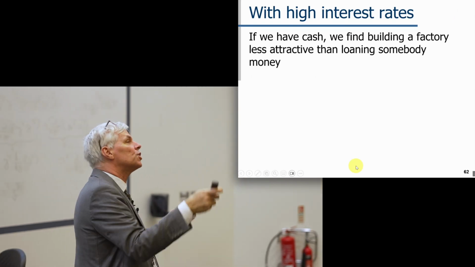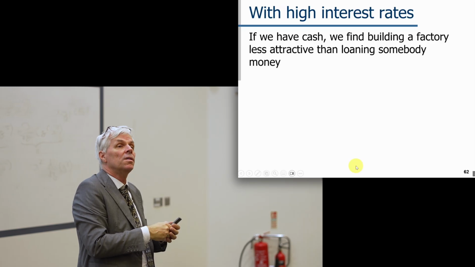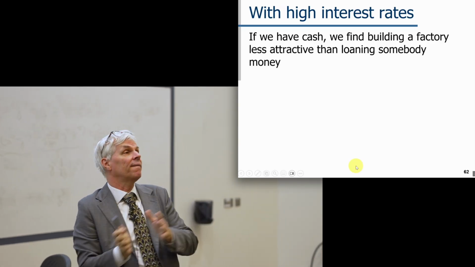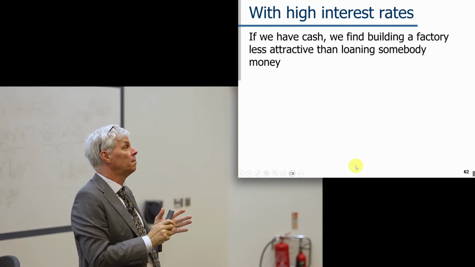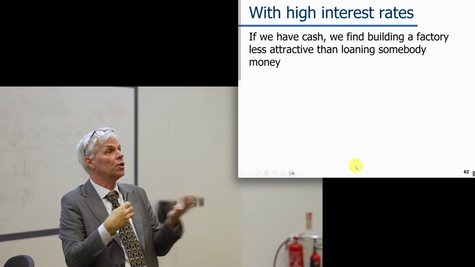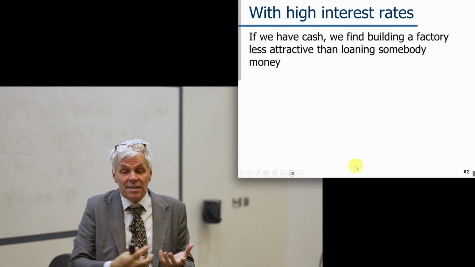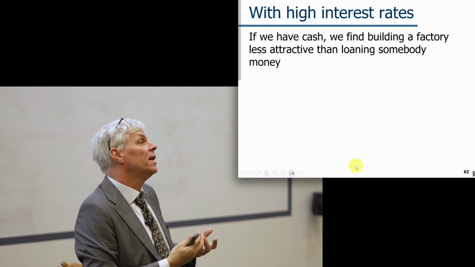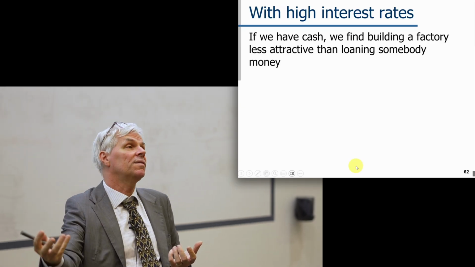Well, the higher that interest rate the guy is willing to pay you, the more attractive it is to use your wealth to loan him money than it is to buy a factory. So you have these two choices of what you do with your wealth. And since loaning somebody money is not investment,